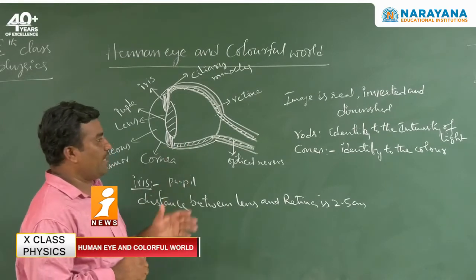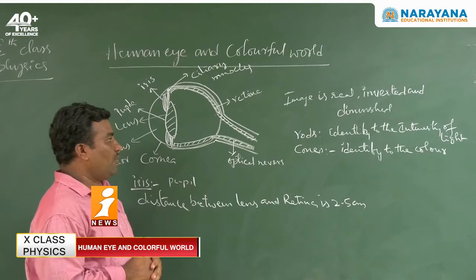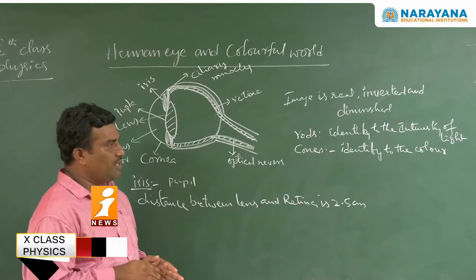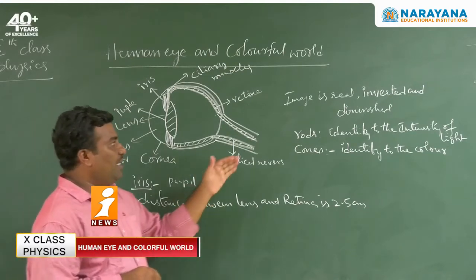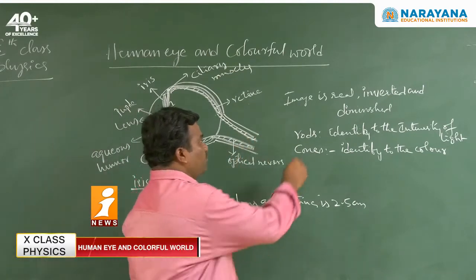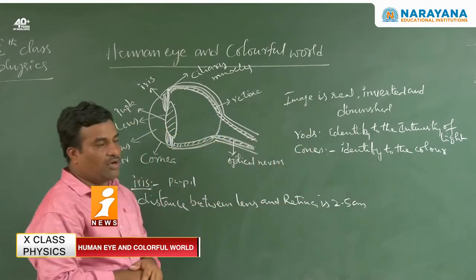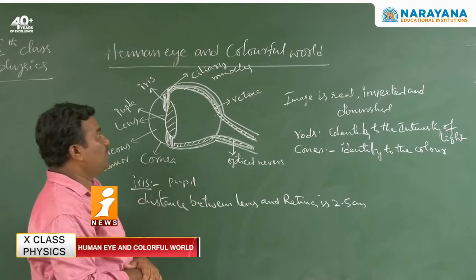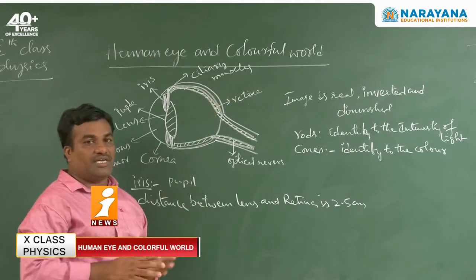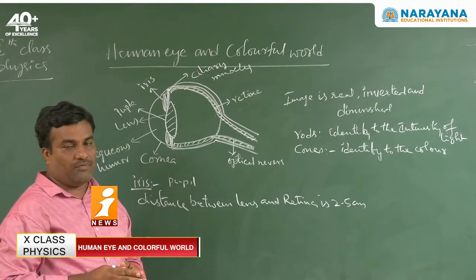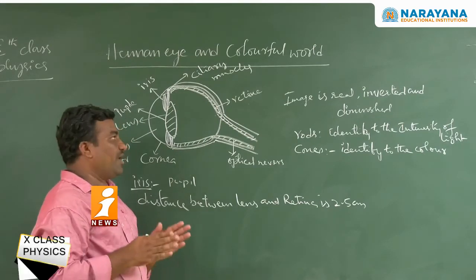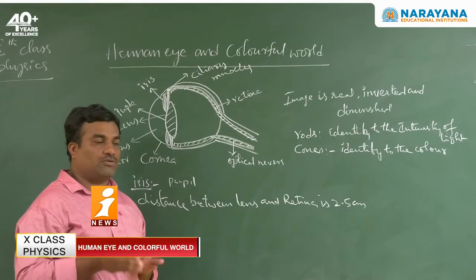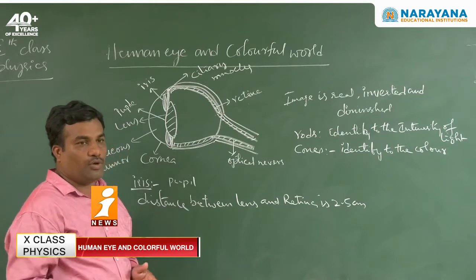So mainly you can remember this for examination purposes. What is the use of rods, what is the use of cones, or all the components they are asking, and which image they give. Here you can observe, the image is always real, inverted, and diminished. Next, the ciliary muscles' use is to change the focal length. When the focal length changes, the image distance is always constant at various positions where the object is placed in front of the human eye.